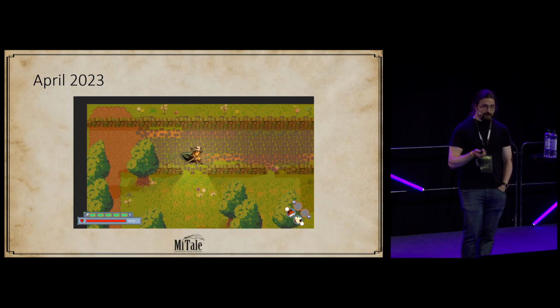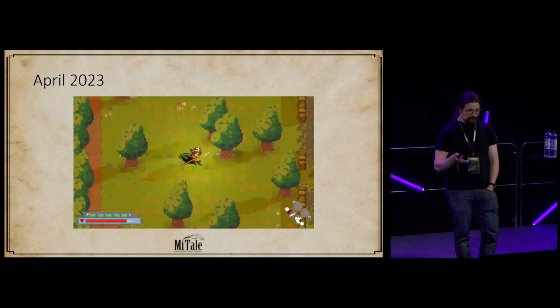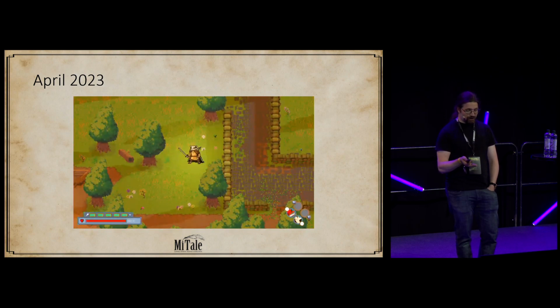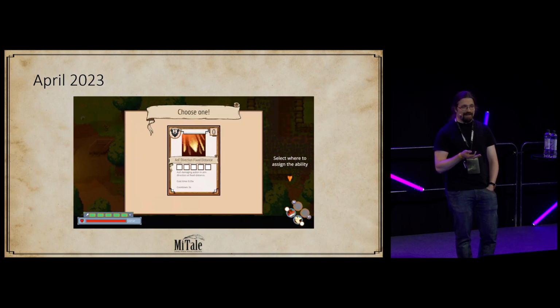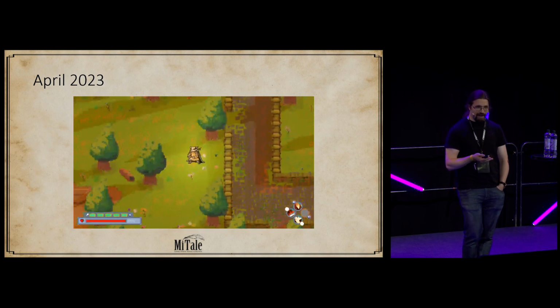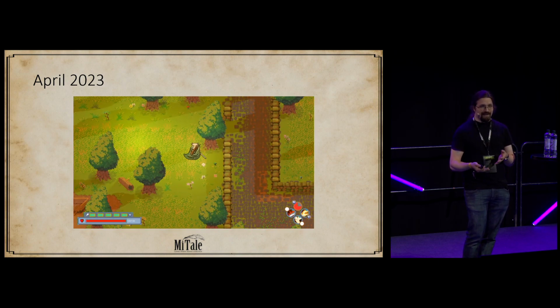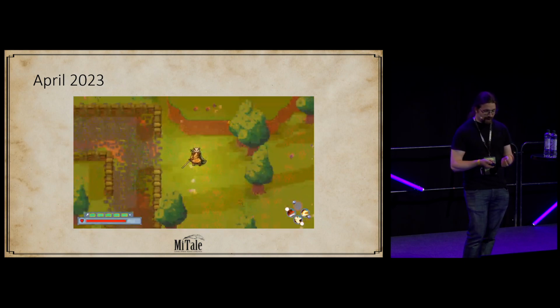But when it came to making the action RPG part, this is a very early clip from April. We've got movement in, the coder is showing here that we can move, we can slash, things are working, and we had the concept for a card game. So basically you have cards in a deck and you pick the cards from the deck, and those are your special abilities. So far so good.